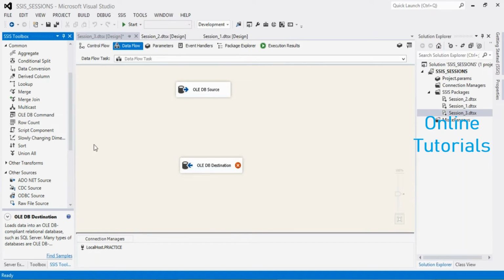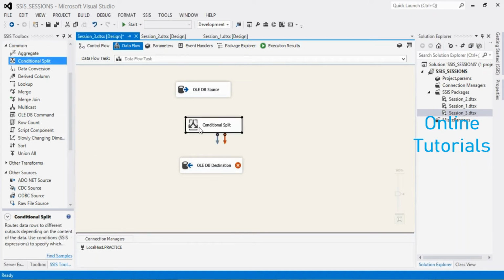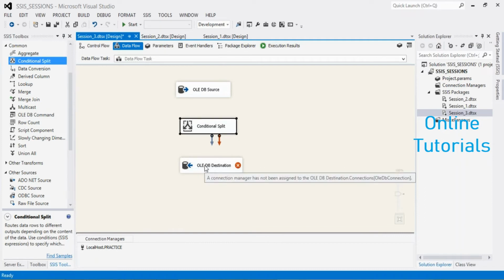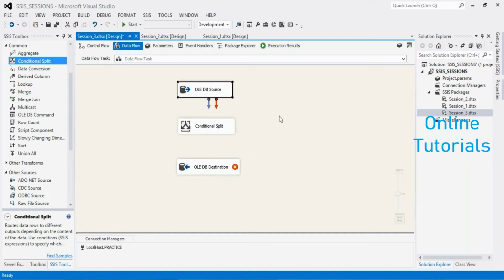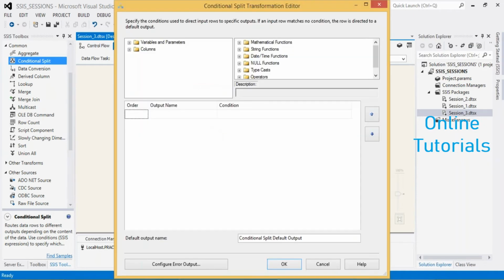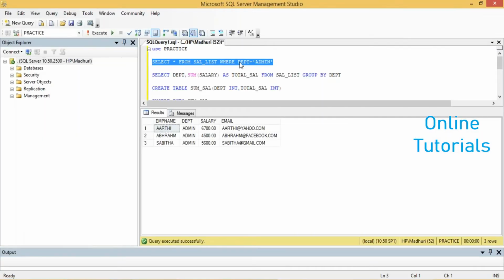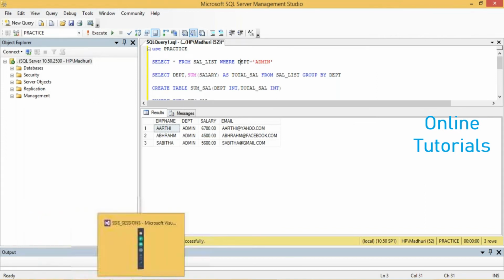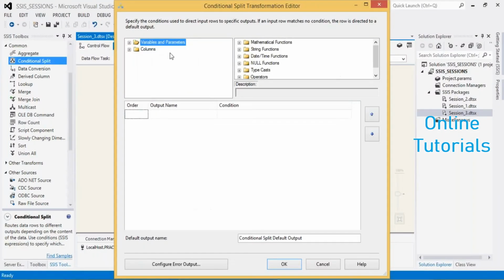It will split the data based on the given condition. Correct. The name is showing it. Just connect it. Then click it. So which column do you need to use? Department equal to admin. So in this conditional split tab